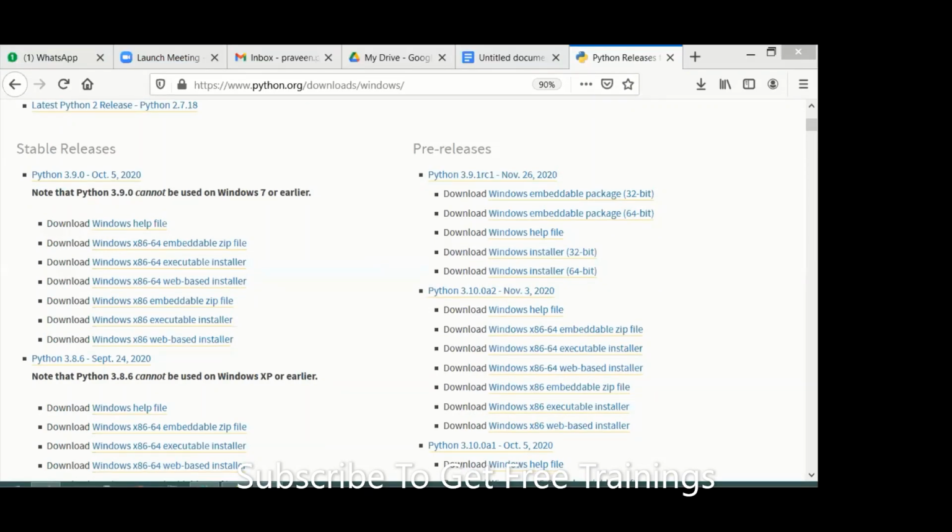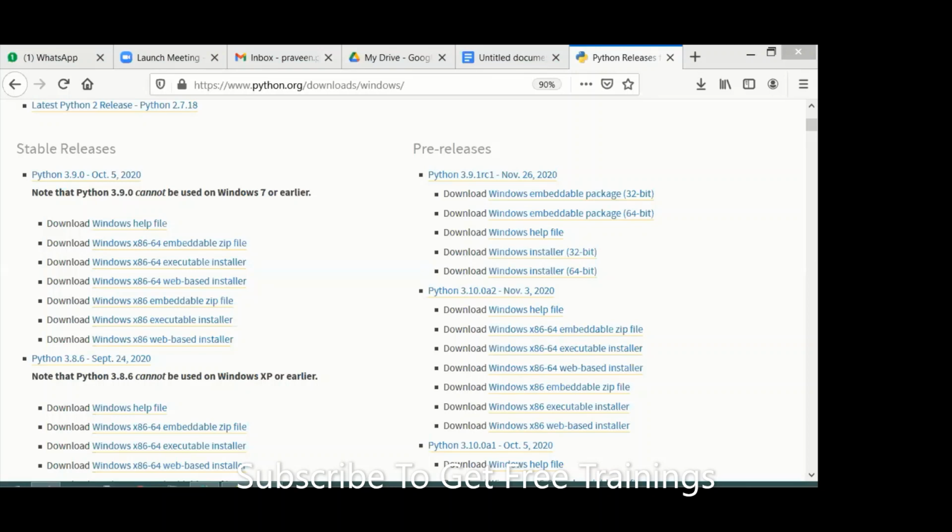If you observe here, I'm looking at the Python 3.9.0 version. Here you have 64-bit download executable, embeddable and executable. Don't go with embeddable, go with the executable. 64 means 64-bit.